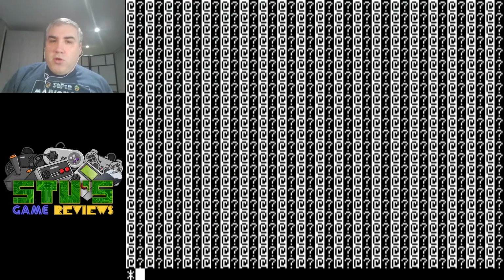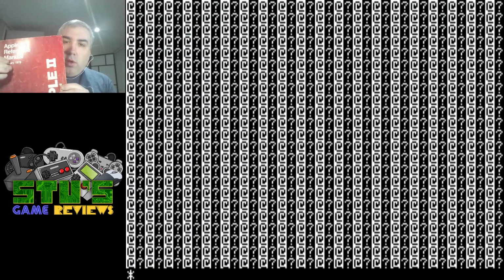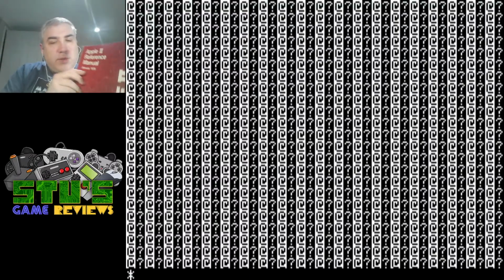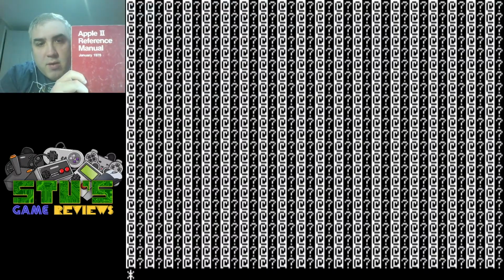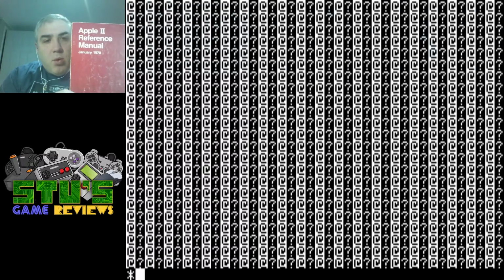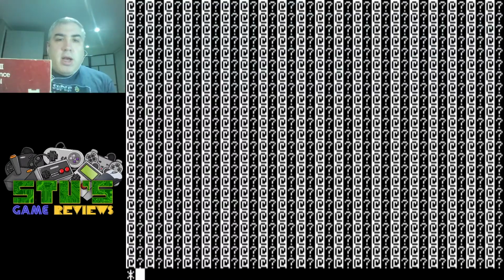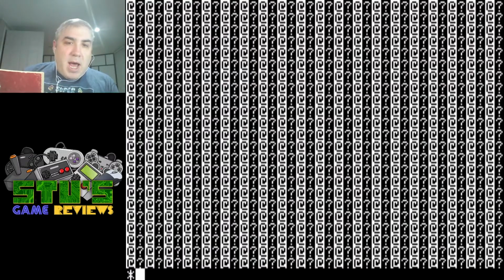Let me give some history here. So, the original Apple II back in 1977 or so came with this manual, the Apple II reference manual called the Red Book, traditionally. This is January 1978 on it. I don't know if there's a version that has 1977 or what, but this is the copy I have. Now, the Apple II came with a bunch of stuff for gamers. It came with paddles, and it came with a copy of Breakout that was based on the Breakout that Steve